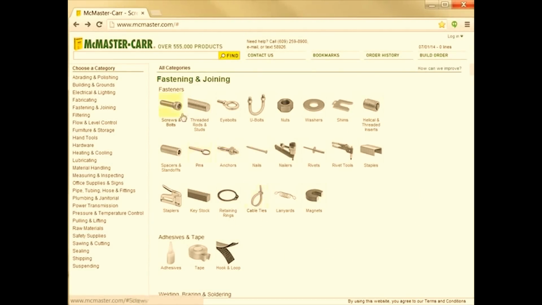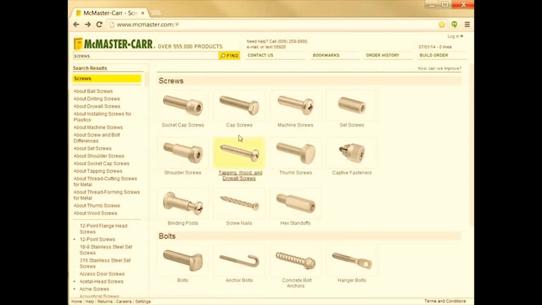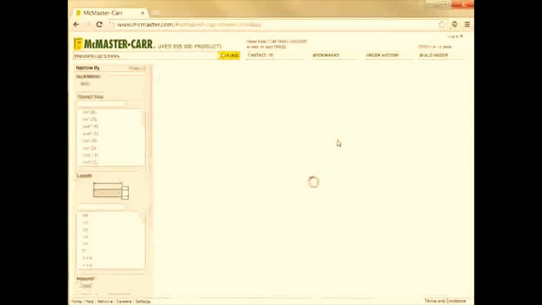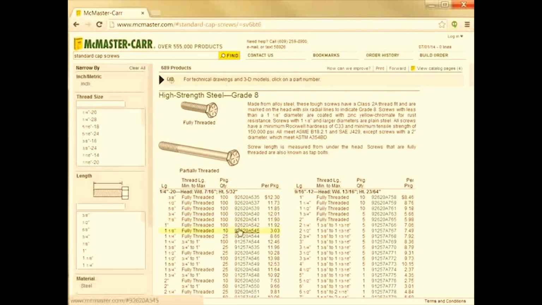What we're concerned with is finding a bolt for our knob that we're going to insert this metal bolt inside of. I want to use a hex head screw so that it'll locate it and secure it in place. And I know that from measuring the knob that I have, I want something that's going to be around 1 inch long and use a 1/4 thread, which is pretty common. So when you click on the part